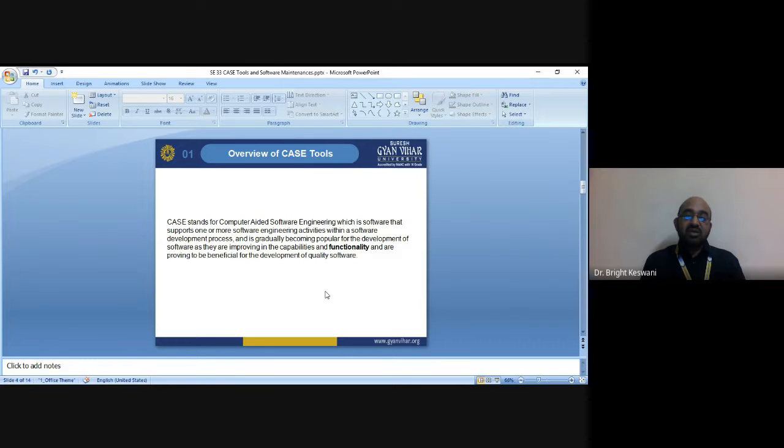It is needed to automate the system, and to understand the logic of the program. Somewhere the CASE tools assist the non-programmers also to do the things due to their automated process.